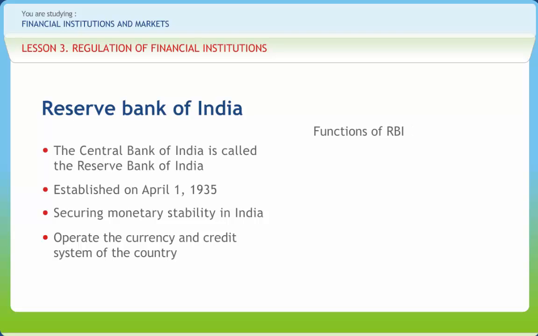Functions of RBI. First is Bank of Issue. The Reserve Bank has a separate issue department which is entrusted with the issuing of currency notes. The second important function of the Reserve Bank of India is to act as government banker, agent and advisor. The Reserve Bank of India acts as the banker's bank. Next is Controller of Credit. The Reserve Bank of India is the controller of credit, that is, it has the power to influence the volume of credit created by banks in India.